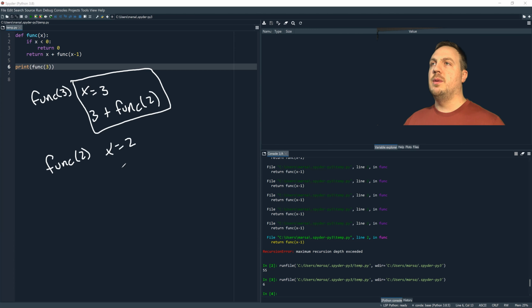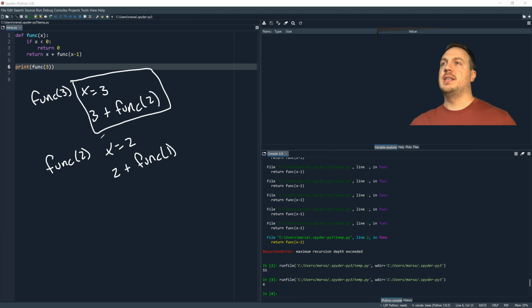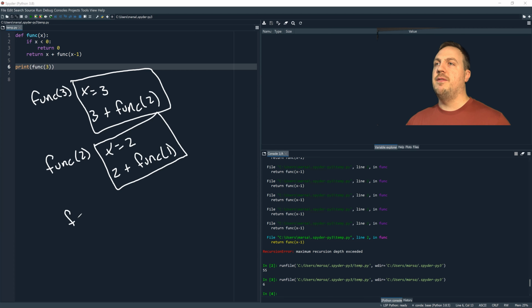that's where x is going to equal 2, and that's going to be 2 plus func(1), since 2 minus 1 is 1. So now we need to figure out func(1). Sorry, I'm writing on an angle, but that's the way this pad works. Where x is equal to 1, we have 1 plus func(0). And then finally we have func(0),